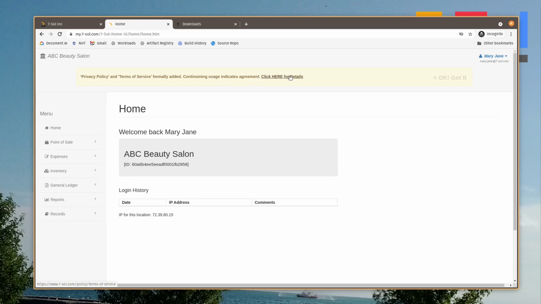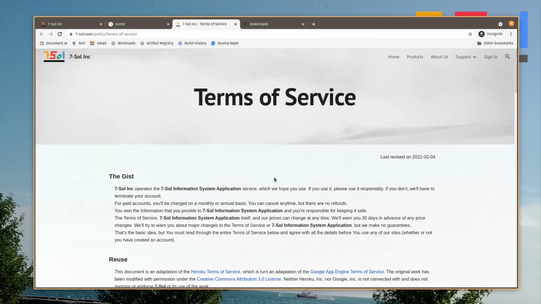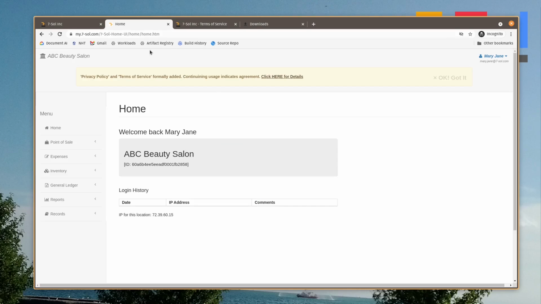If we click here, it will take us to the terms of service, and we can see the details that it's drawing our attention to. Let's go back to our tab. So once we have actioned the details that they are asking us to action, then we can now confirm that we noted the notification. Without this confirmation, the notification will recur each time we log in, unless the notification has